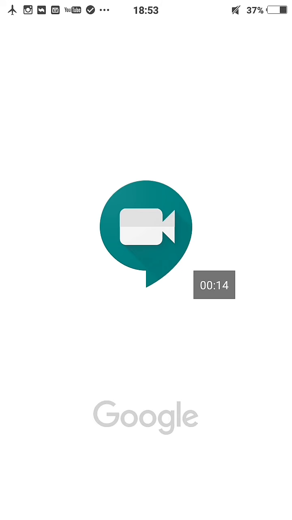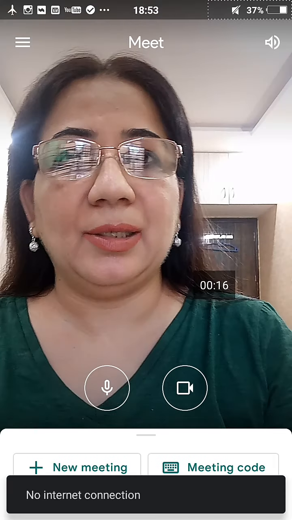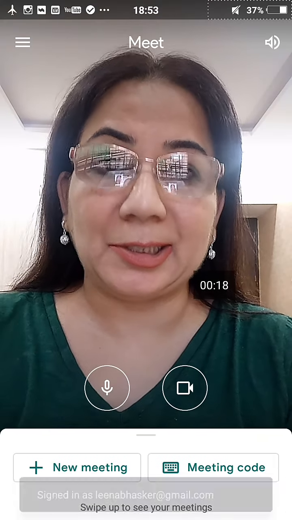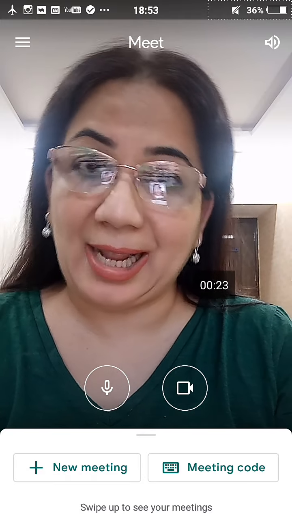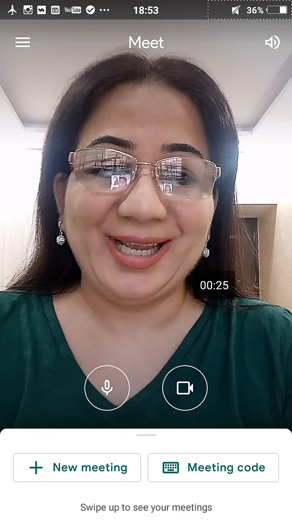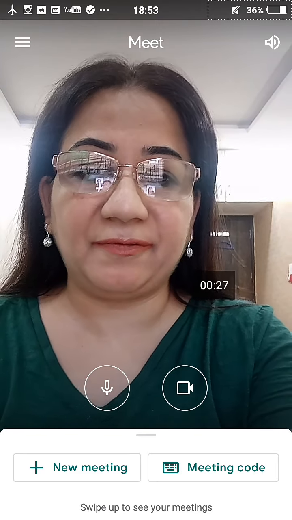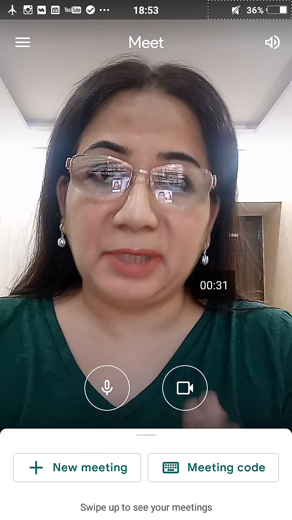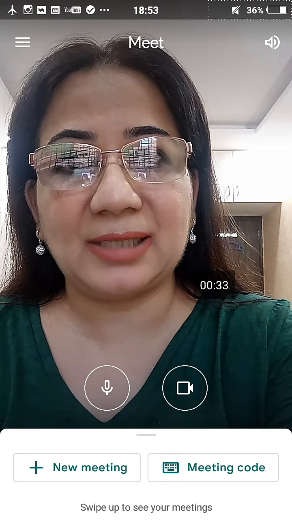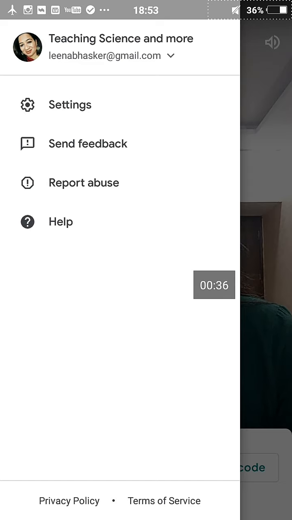The moment I click this icon, you will see me in the Meet. So signed in as Leena Bhaskar @gmail.com. Here we see a very simple interface with minimum buttons. On the left hand side top, you see the settings button.